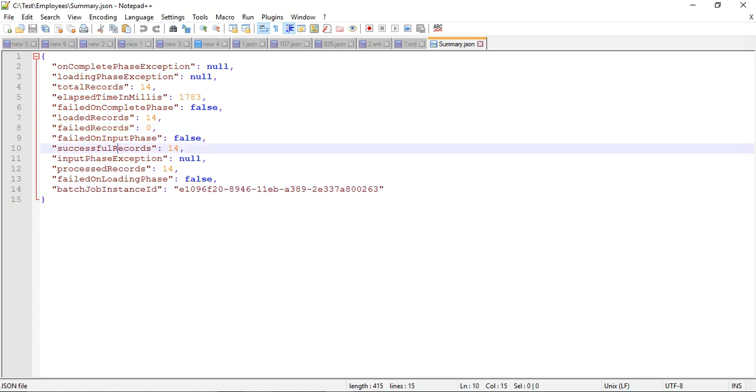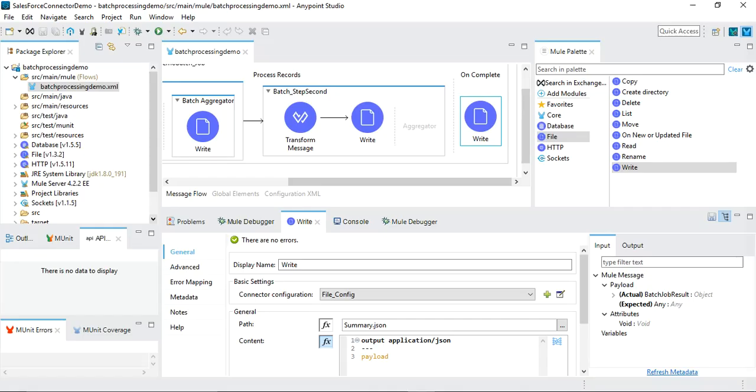So in this way, we are getting a complete summary of all the executions that happened as part of this batch job. Of course, you can have additional steps. Maybe you can send an email to the respective teams or respective resources or employees or departments about this summary information. You can maybe load it to some other file system or some database or any other action that you want to perform. But this is how we achieve batch processing in Mule 4, and it's a very powerful option available